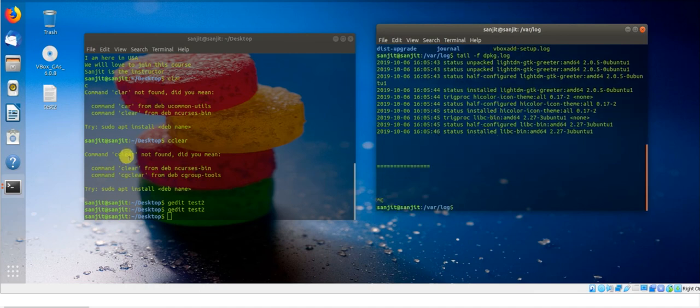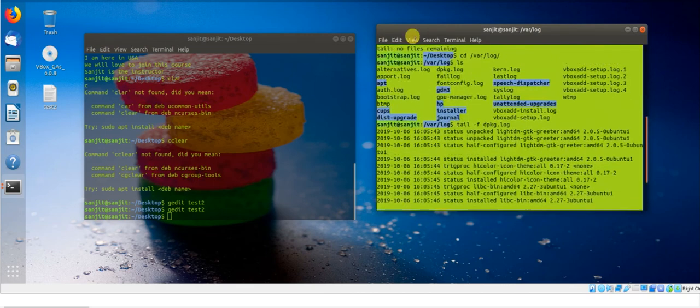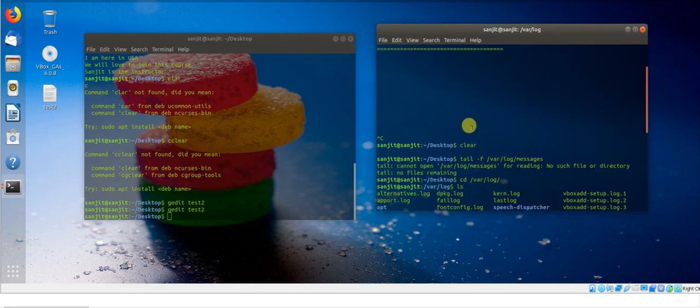So I hope you understood the tail command, the head command, and how to use them. In the next class onward, I will show you some different aspects of folders, how to create them, because that's very easy. But dealing with files and folders is very important in Linux. Okay, so let's meet in the next class.